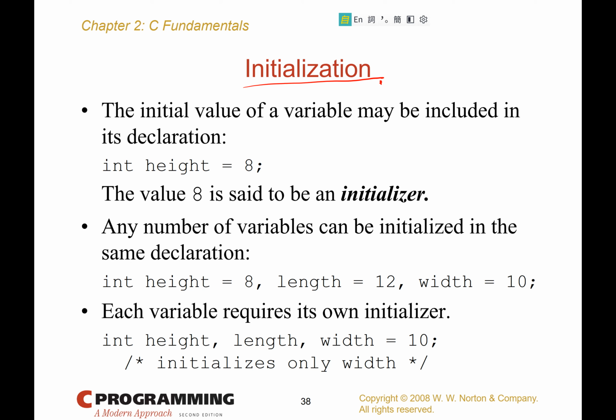Okay, so you want to initialize a variable. At the same time, you declare the variable. You can use a statement like this. In this statement, you are actually doing two things. One thing is it declares height as an int variable, and the second thing is you assign the value of a to height. Okay, so the computer will allocate a space